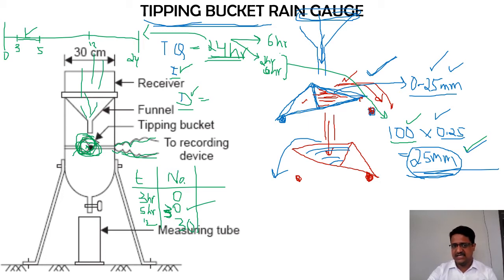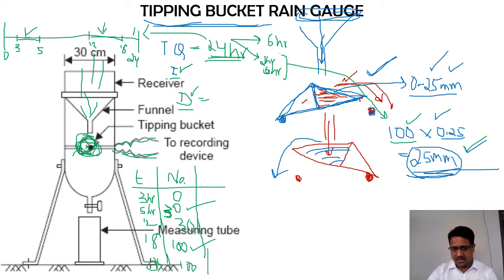Now again from this 12 hour to let us say evening 6 o'clock, or 18 hours, imagine there is one more rainfall, and because of that rainfall, till this 18 hour, I have let us say 70 more tippings. So at that point of time it is going to be 30 plus 70, 100 tippings observed over here. Now from 18 to 24 hours, imagine there is no rainfall, so till 24 hours this tipping is going to remain 100 only. I hope you got that.